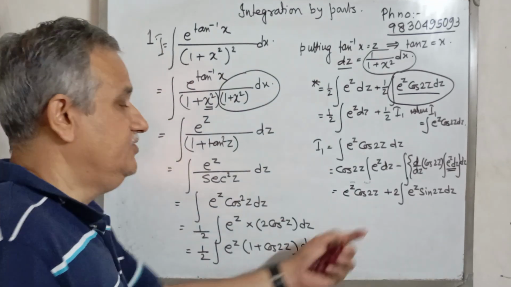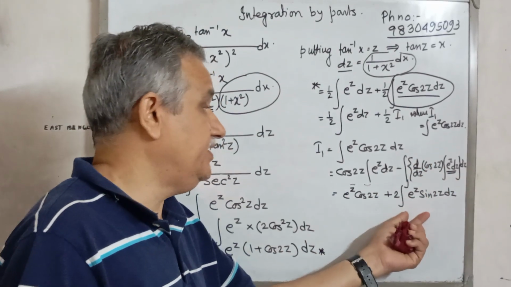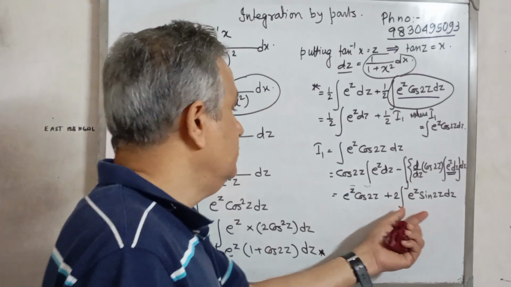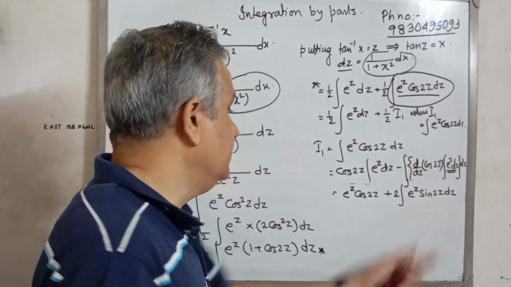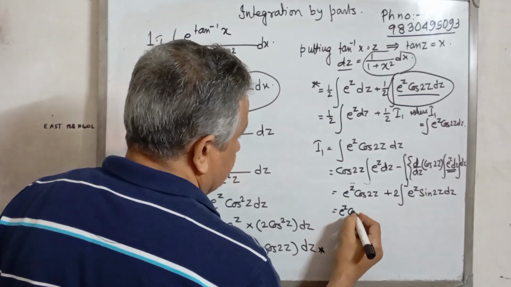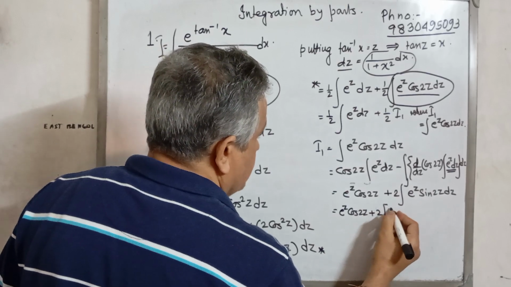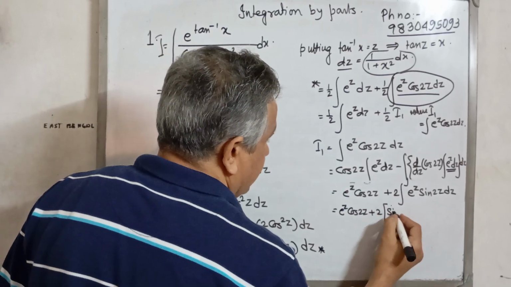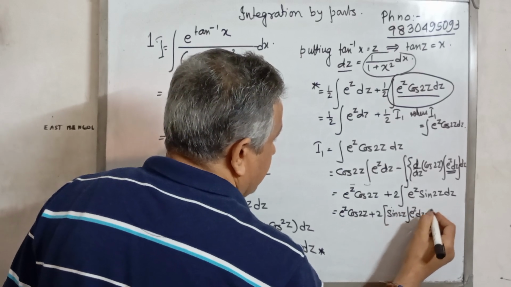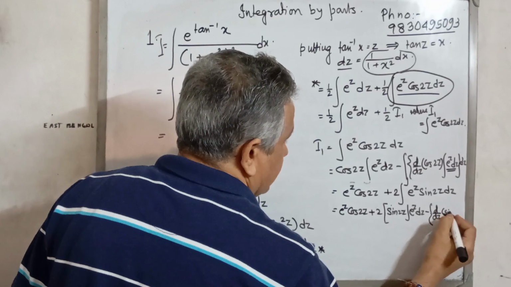Okay. Differentiation of cos 2z is minus sin 2z into 2, not divided by 2. Wrongly stated earlier. So this is the new thing. Now again by parts this. E to the power z cos 2z plus 2 integration sin 2z, again by parts, integration e to the power z dz minus dz of sin 2z